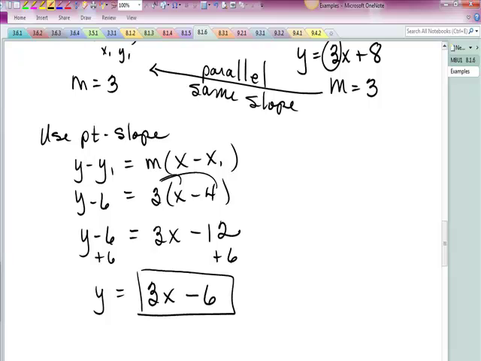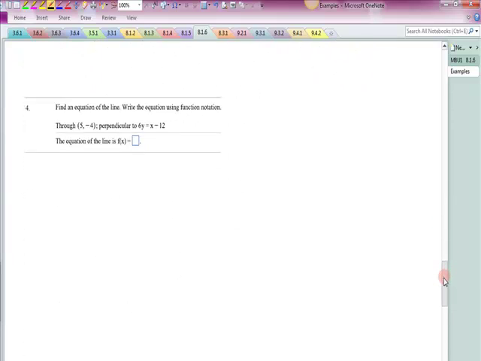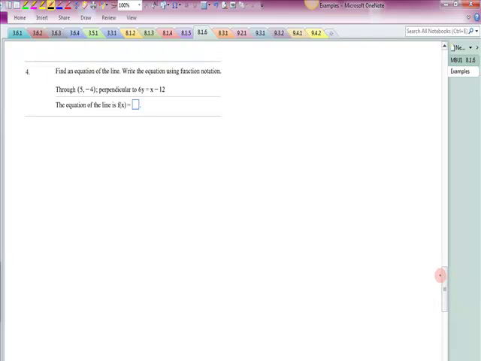So that one was quite a bit easier than the previous one. All right, let's look at number 4. Write an equation of a line using function notation. So I'm going to get it in y equals format. It goes through (5, negative 4), and it is perpendicular